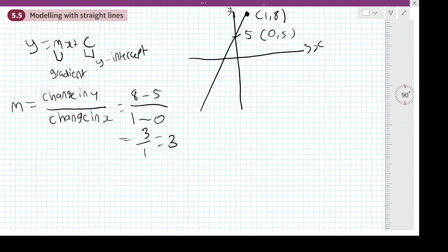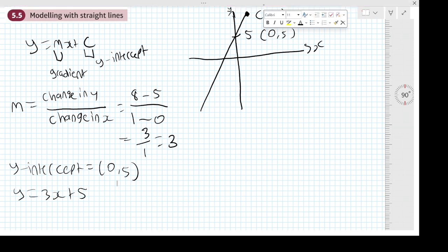And also the y-intercept, it's at 5, but as a coordinate, because it is a point, it would be (0, 5). Therefore, we could then say the equation is y = 3x + 5, as 5 is the y-intercept, that value there. So that seems obvious, but in real life,